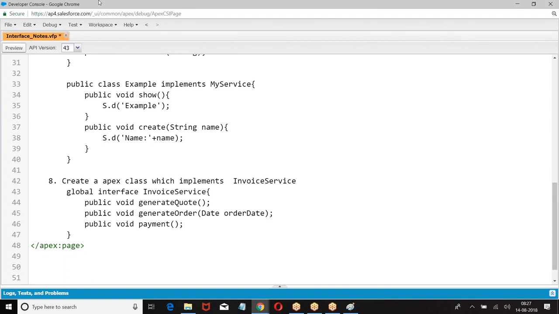Whatever we have given in the interface, the same method should be given. That means we cannot overload? We cannot overload.